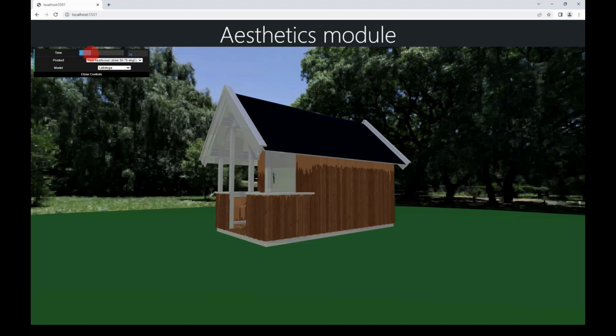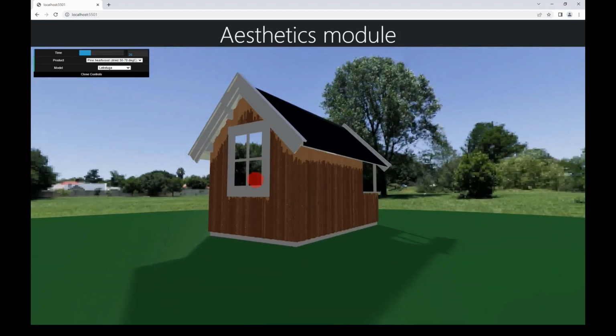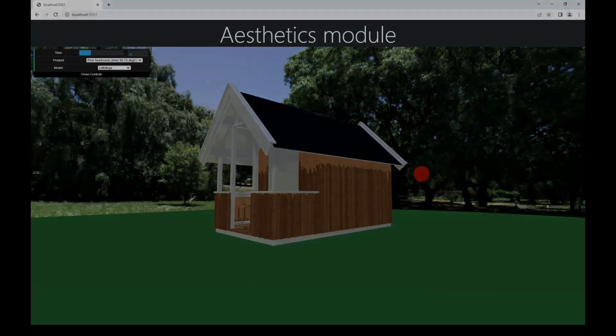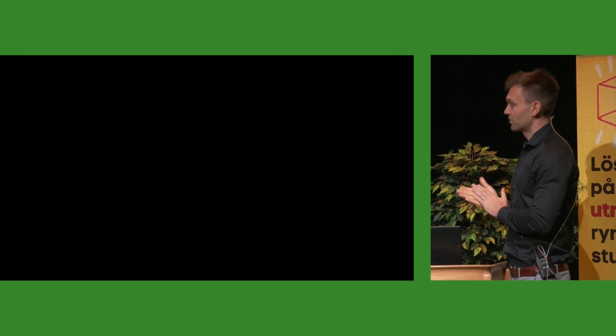Again, for different materials, you can see this is not yet photorealistic, I would say, but you can see the concept, and you can prepare the consumer that they should expect some effect like this. Some think it's very beautiful, some see it as some kind of deterioration and damage, and if that's how you see it, then you might want to paint or use a different wood product.